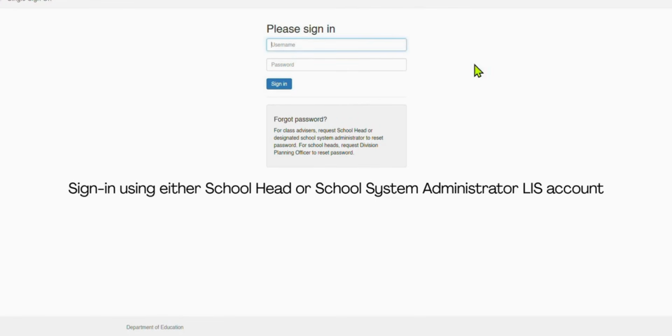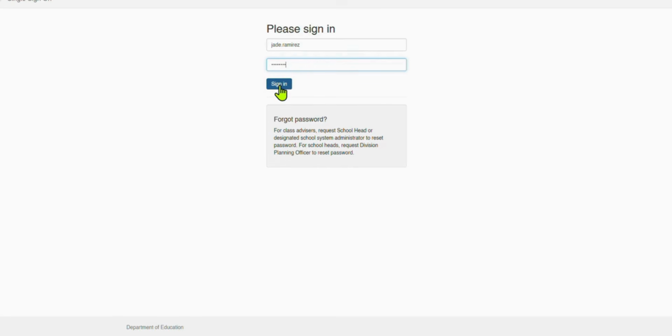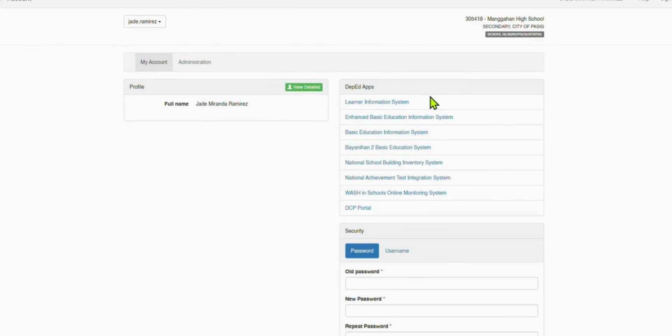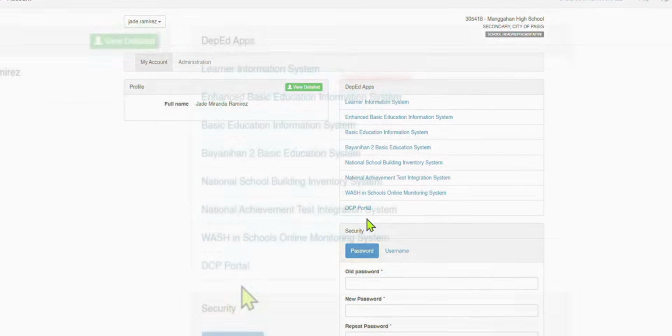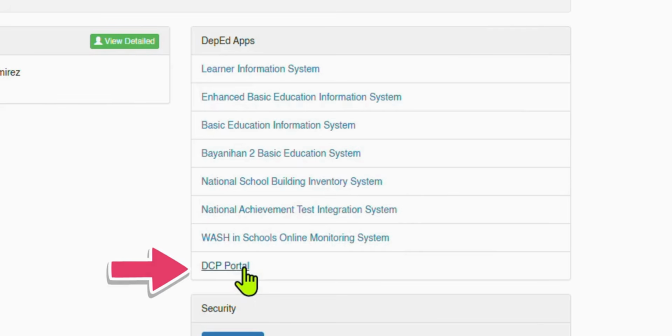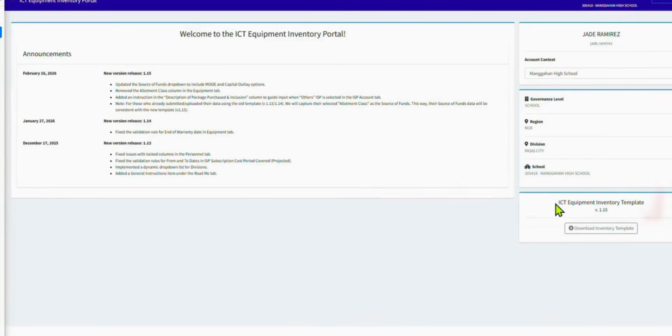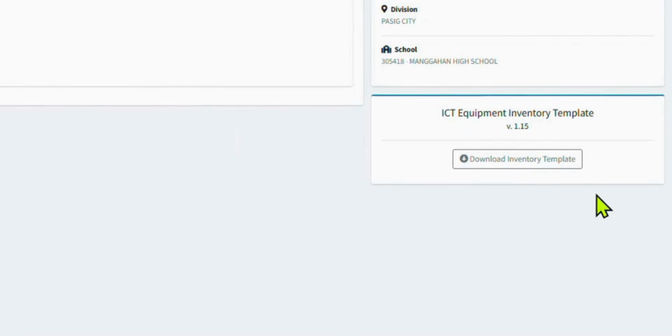Sign in using either School Head or School System Administrator LIS account. Upon reaching the LIS homepage, under the DepEd apps, click on DCP Portal to access the DCP Portal page. In the DCP Portal page, navigate to the ICT Equipment Inventory Template section and click on the Download Inventory Template